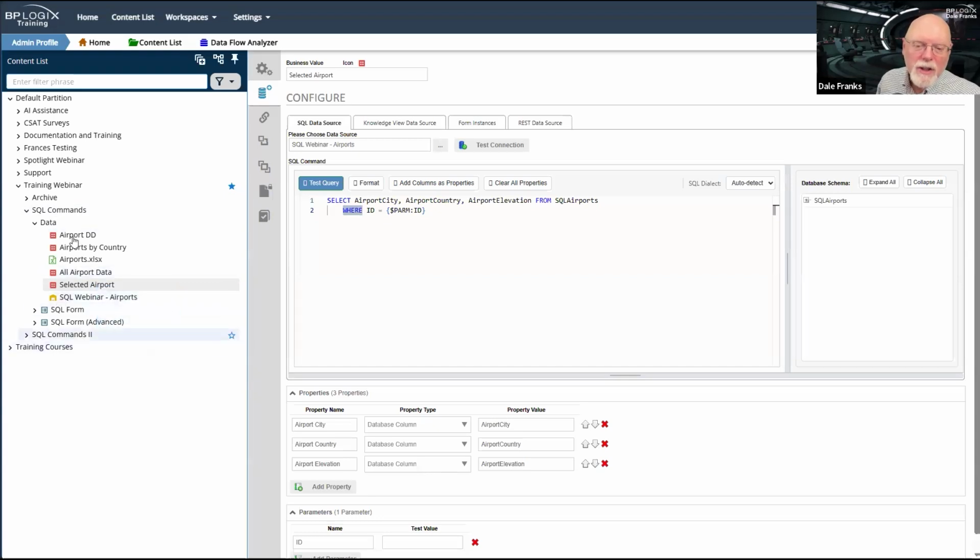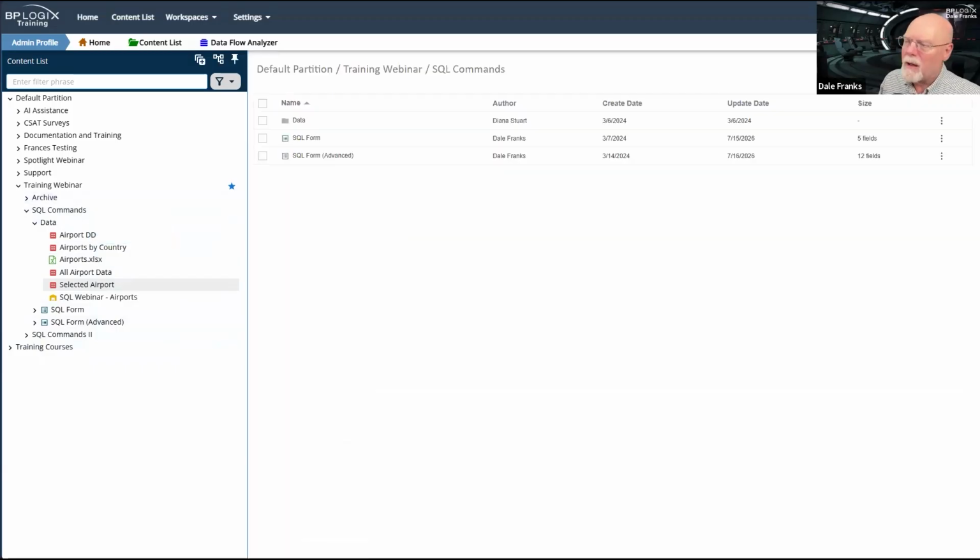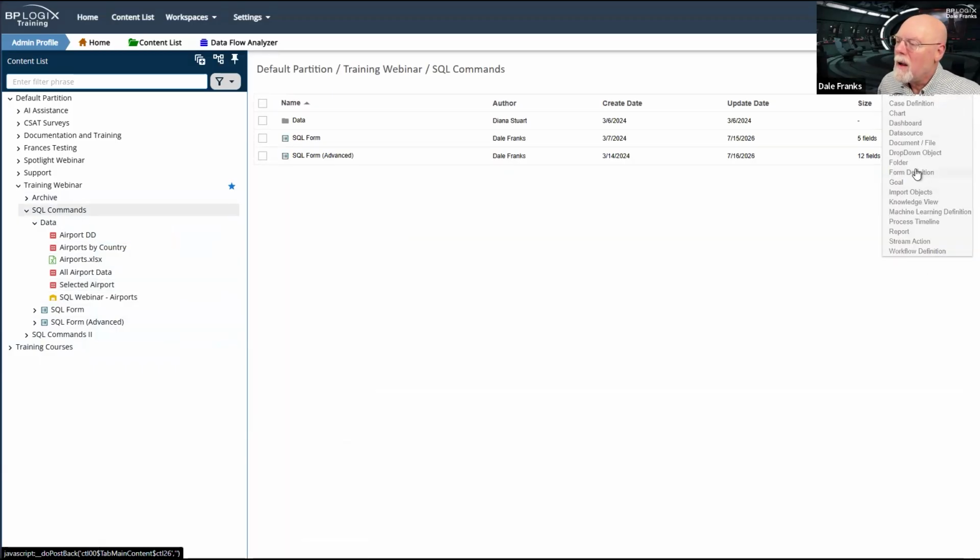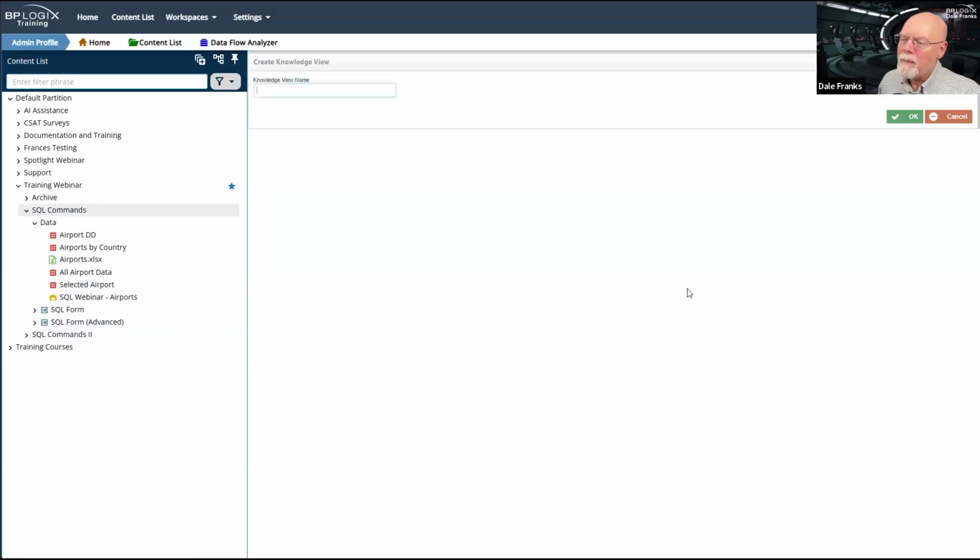Let's demonstrate this with a knowledge view, which I don't actually have. So let's create a new knowledge view, and we'll just call this condition test.